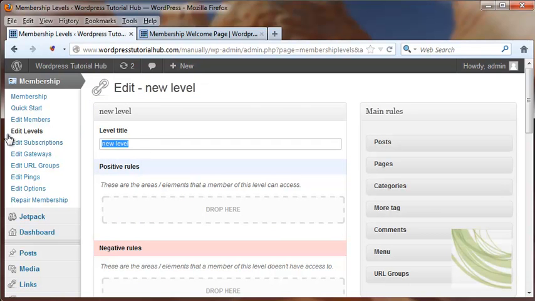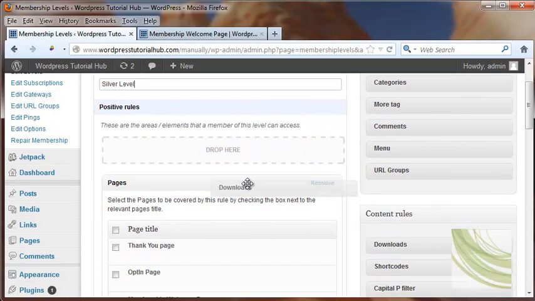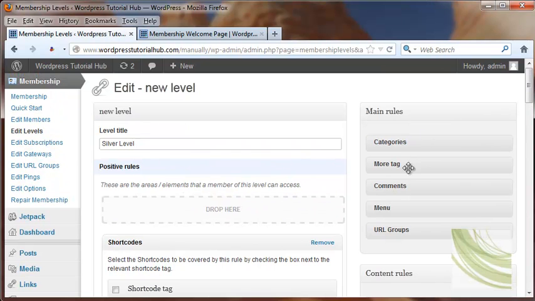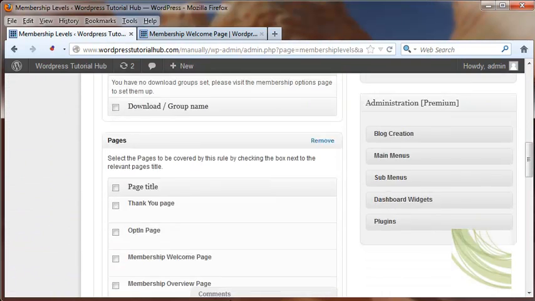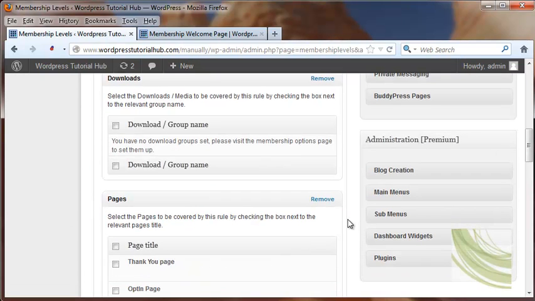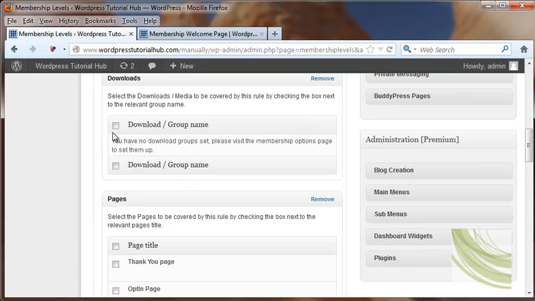The next one is going to be called the silver level. And these ones will be able to see posts and pages. They will also be able to see downloads and shortcodes. And up here I'm going to take it so they can't see comments for this group. And I'm going to stick that under negative rules. Going up further, I want to make sure that they can see the shortcode, that they can download,